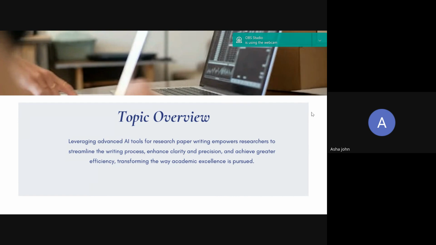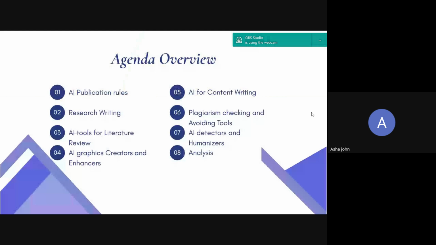So AI tools have been like a blessing for research writers. Earlier, every word, every sentence should be our own. We have to write academic writing in a way such that it will please the editors. Writing every pinpoint on our own was a hectic job. But now the AI tools have been introduced, and we have many AI tools which we can use. They will help us in our academic writing throughout.